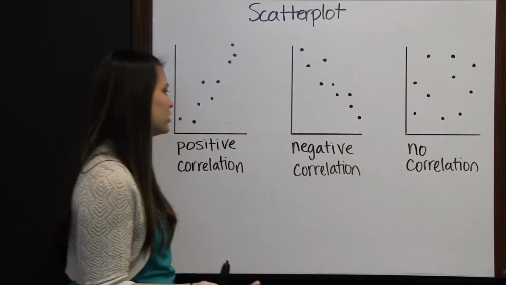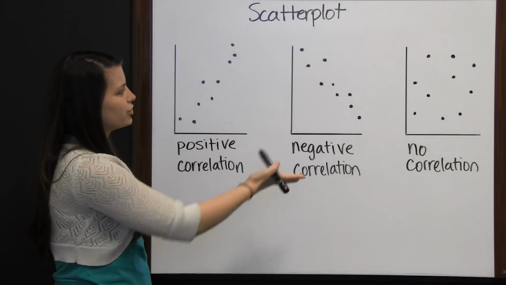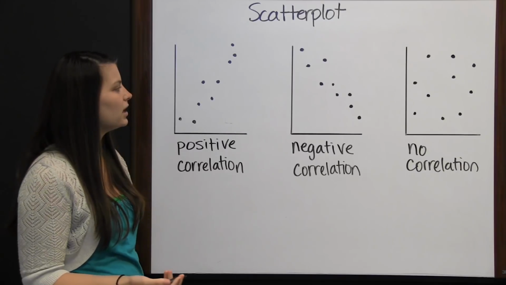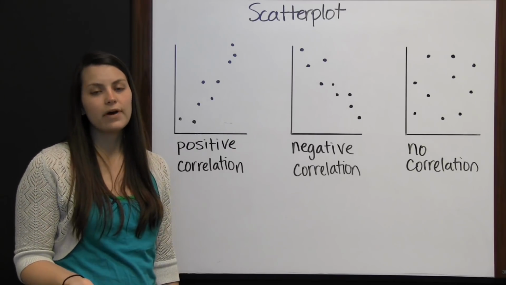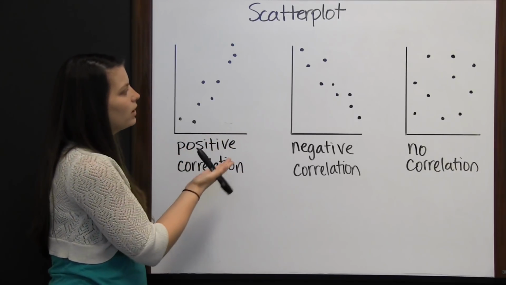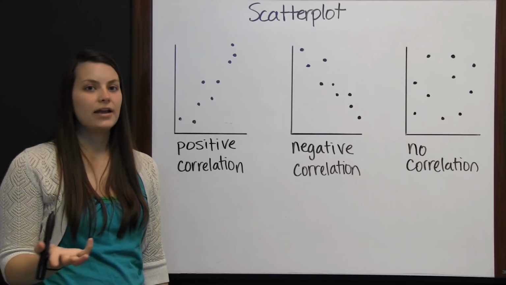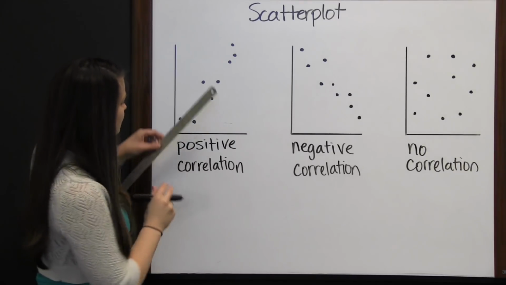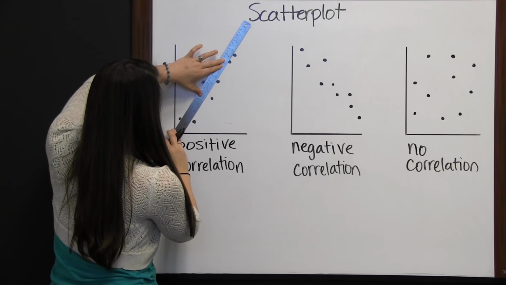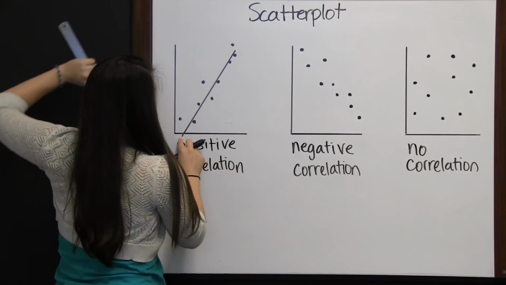If there is a correlation in the data, however, and there won't always be, and it won't always be in a straight line like these are, but if there is a correlation in the data, then a line or a curve of best fit can be found. If the data is like these two, where they're going pretty much in a straight line, then you'd find a line of best fit. And the line of best fit would just be a line right down the center of the points that you could then find an equation for.